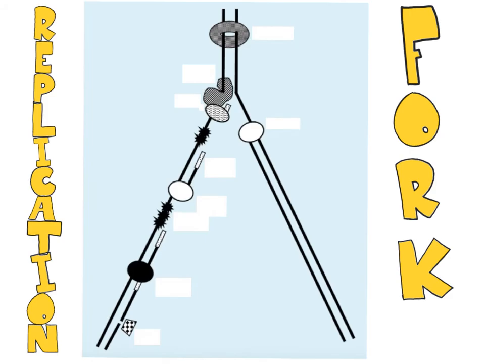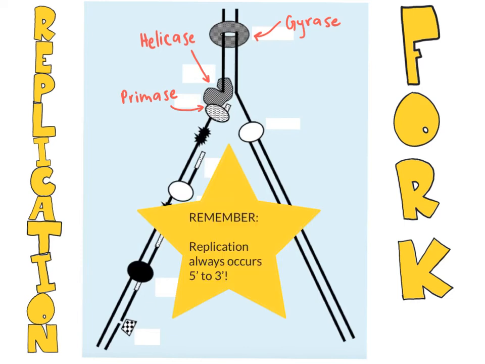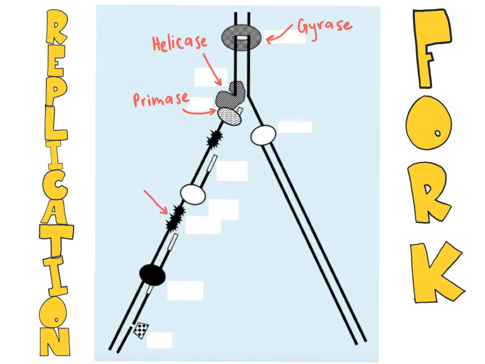The molecule at the very top here is gyrase, which is an enzyme that relieves tension due to supercoils caused by strand separation. Next, we have helicase and primase. Helicase unwinds the DNA double helix while primase lays down RNA primer since DNA polymerase requires a free 3' OH end. This molecule represents a single-strand binding protein, which binds to the strands of DNA to keep them separated during